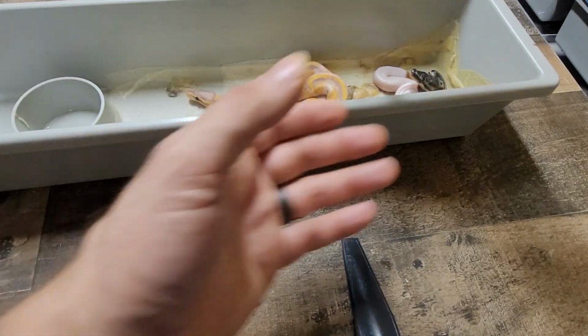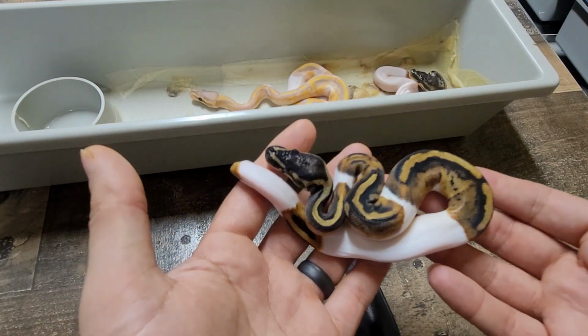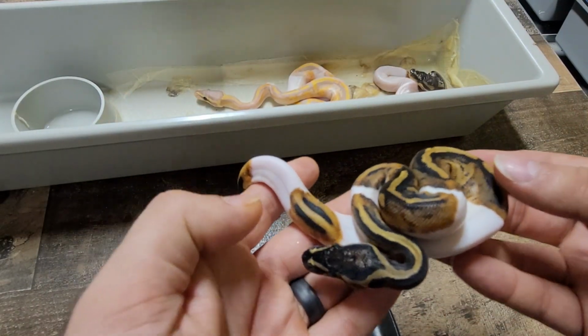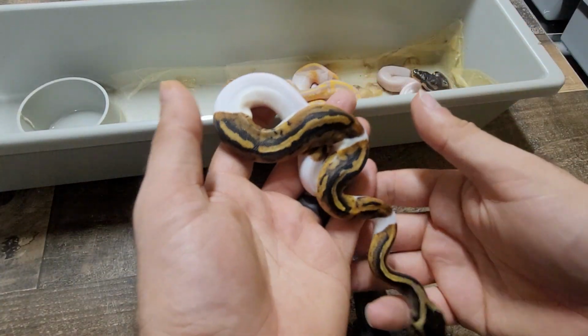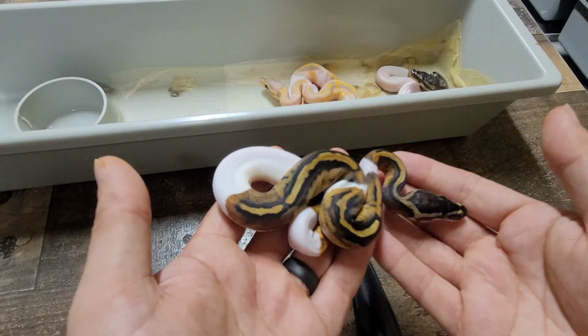Play a fun little game here. All right, we got number 2. Now, I believe this is a leopard pied. Not a whole lot different from the last one. I probably should have kept her out, but